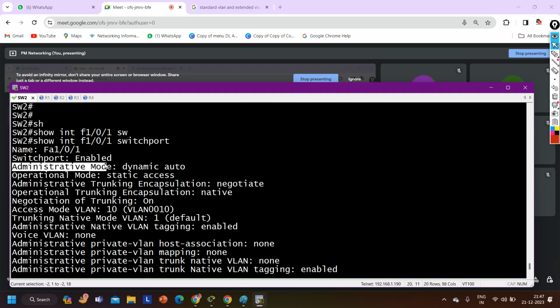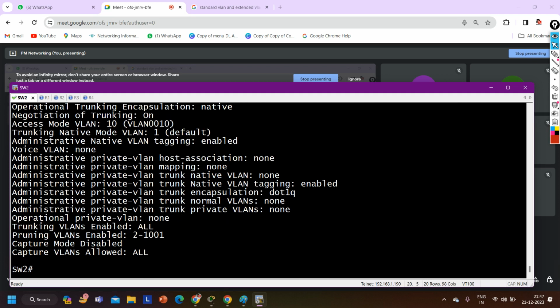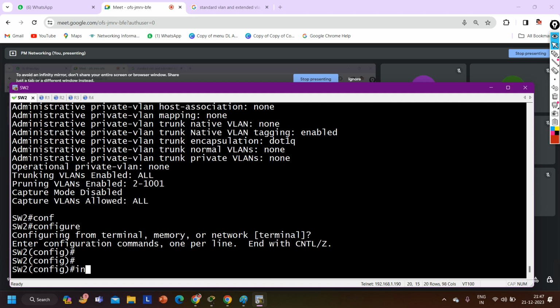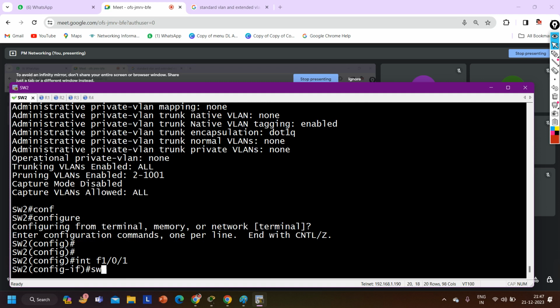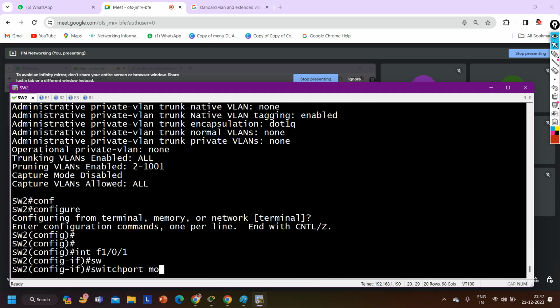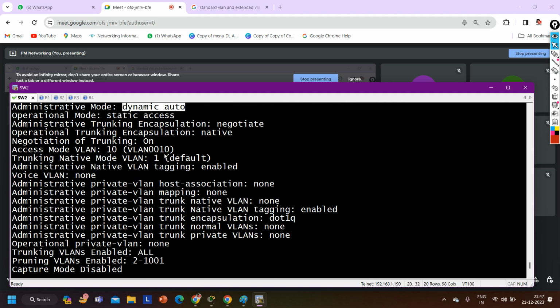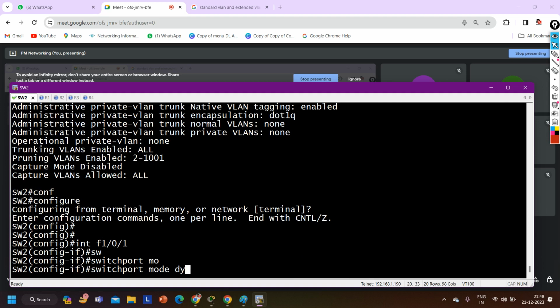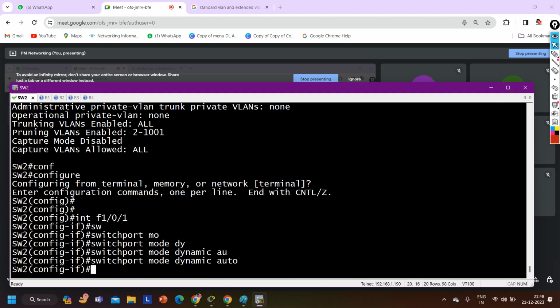Guys, on this switch, administrative mode is dynamic auto. Administrative mode means the network engineer has manually configured this port as dynamic auto. It means the engineer ran one command on this interface. One command is already enabled on this interface, that is switch port mode dynamic auto. Getting my point? This command is by default running in the IOS,